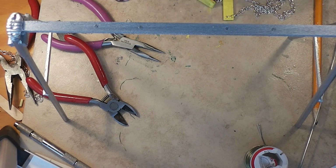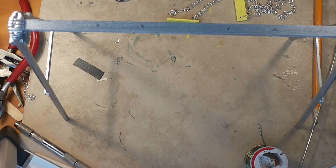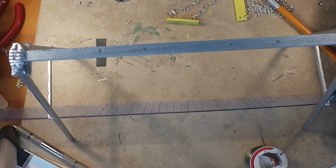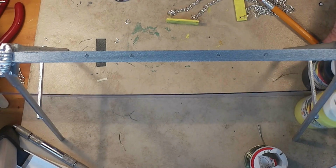I've got a doll here, and I know that I want to measure her little seat. Her little seat's about right about 1.5 inches. So I want to put one of these seats so it hangs about 1.25 inches from the ground. So what I will do, I'm going to lay my ruler in here. This clear ruler. Let's see, I'm going to stand it up so that it stands there. Alright, now